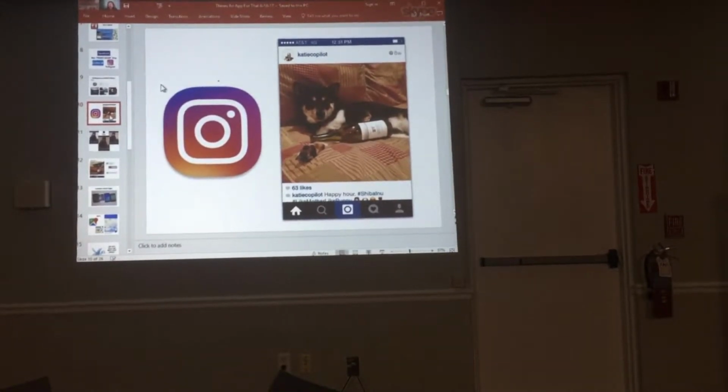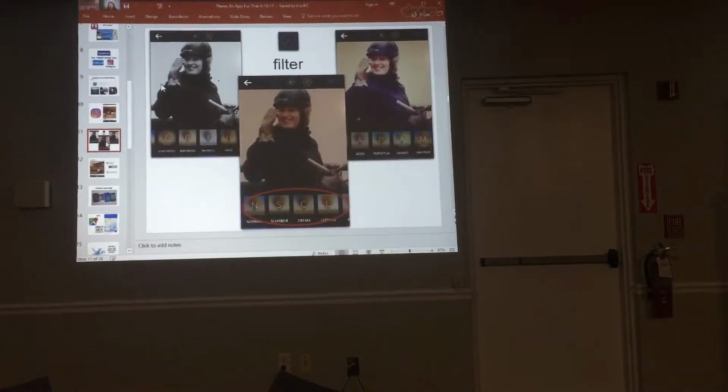Instagram is a free app that you can add to your phone or your tablet that allows you to share photographs with other people. But it doesn't just allow you to do that. When you have a photograph on your phone, you can pull it into Instagram's app and change the value of the picture. You can put a filter on a photograph to make it look better before you share it on Instagram.